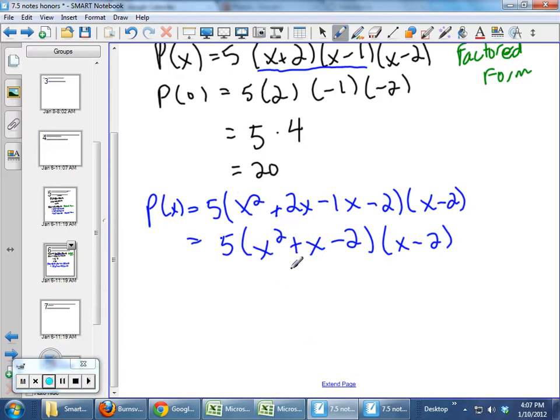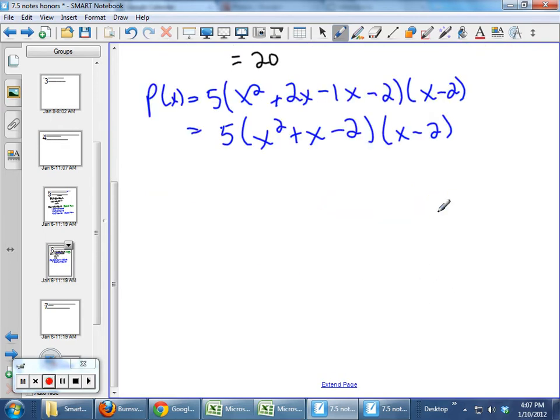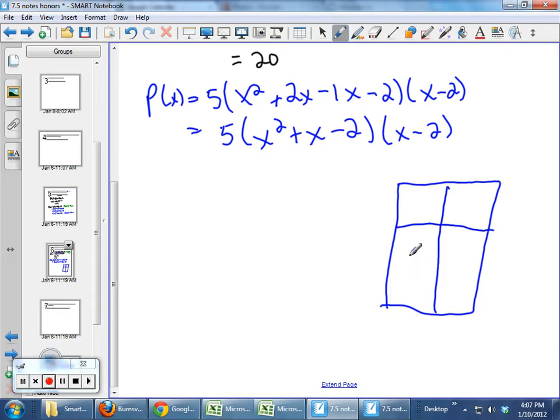Now I'm going to take this trinomial and multiply it by this binomial. We've looked in the past, we've used the box method, and I might as well do that again. If you like a different method, you can use that other method. So I'll make a rectangle. Looks more like a parallelogram. So we'll put x minus 2 on top, and then x squared plus x minus 2 on the side, and